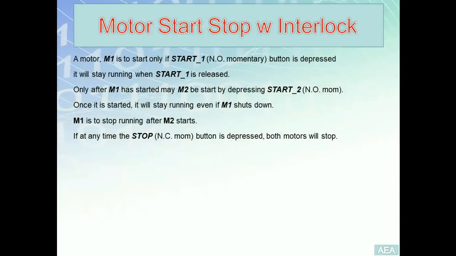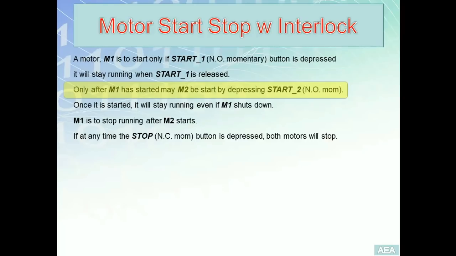The next problem we're going to solve together is a motor start-stop with interlock. It says a motor M1 is to start only if start 1, which is a normally open momentary switch, is pressed. M1 has to stay running when start 1 is released. Only after M1 starts, may the second motor M2 start by pressing start 2, which is another normally open momentary